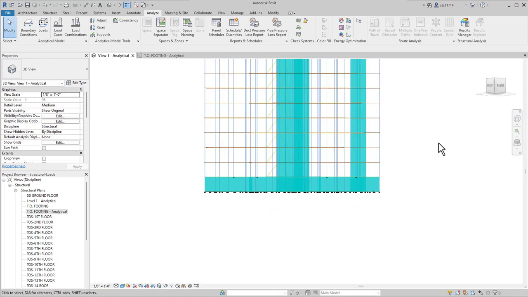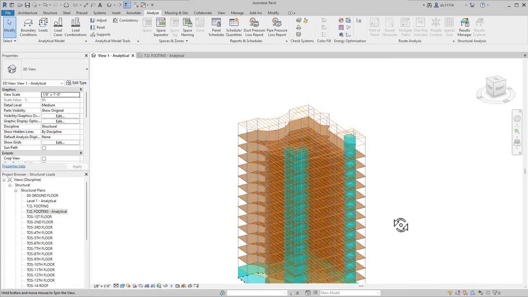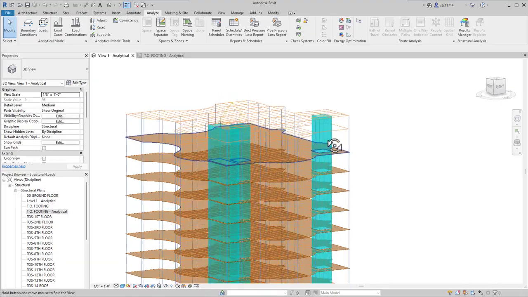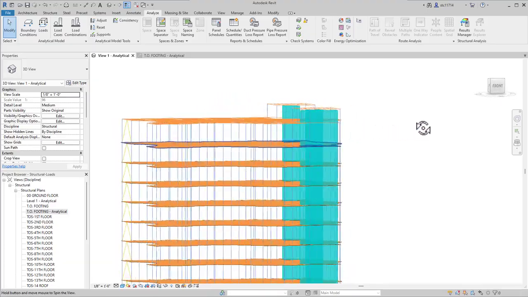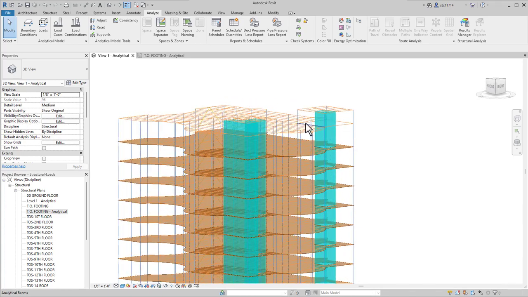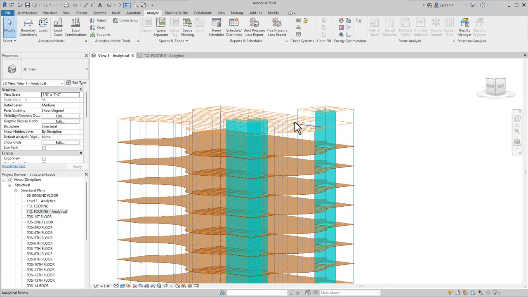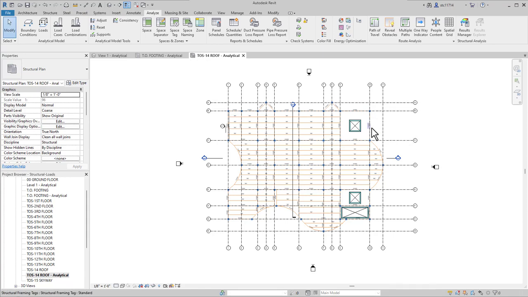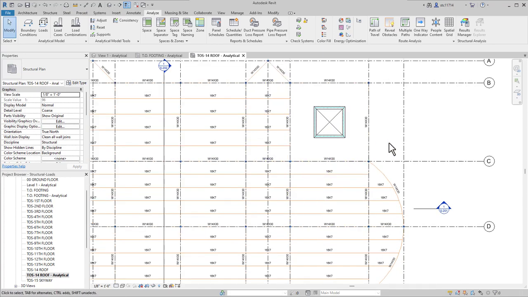Next, we're going to go up top to the building and we're going to apply some loads. So here at the top of the building, we have a couple of penthouses sticking up, and we are in a snowy place, and it's possible that we might have some snow drifts pile up next to these two elevated portions. I'm going to switch to my top of slab roof analytical and zoom in on the area here.